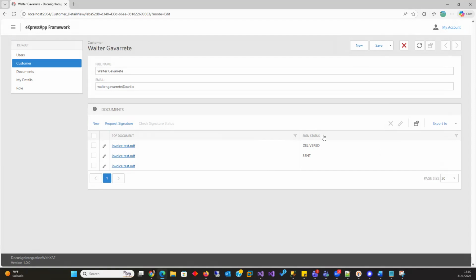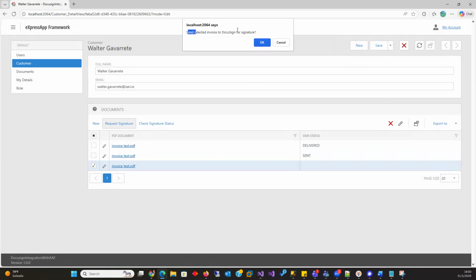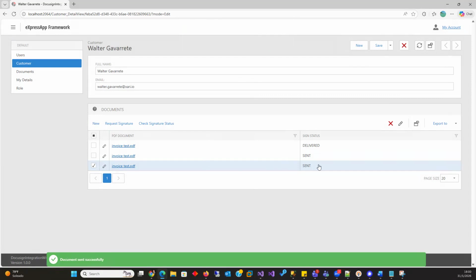As you can see here, the sign status is empty. I'm going to send the request. Send, yes. Now we are connecting to the API. We are uploading the PDF, and we're sending. Let's wait for the response. See, document sent successfully. Now I have here sent. And if I go to my email,